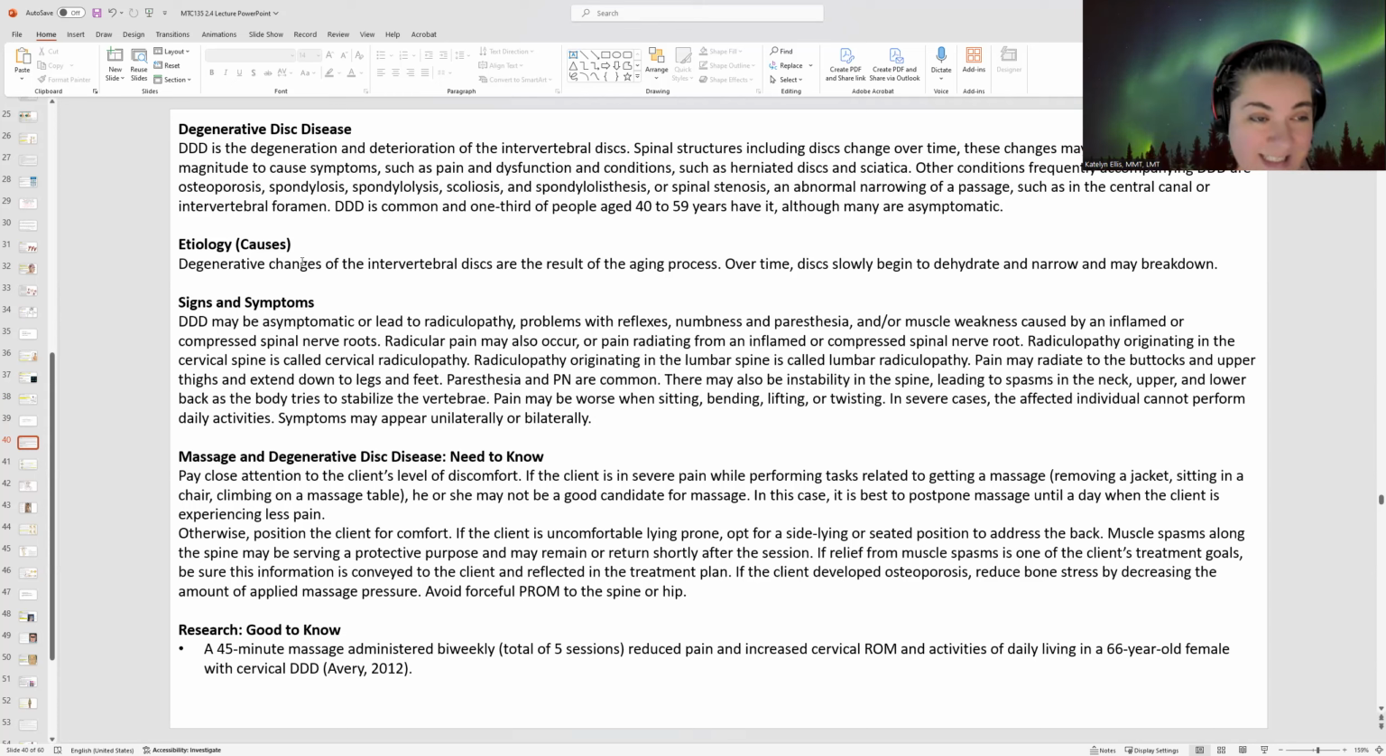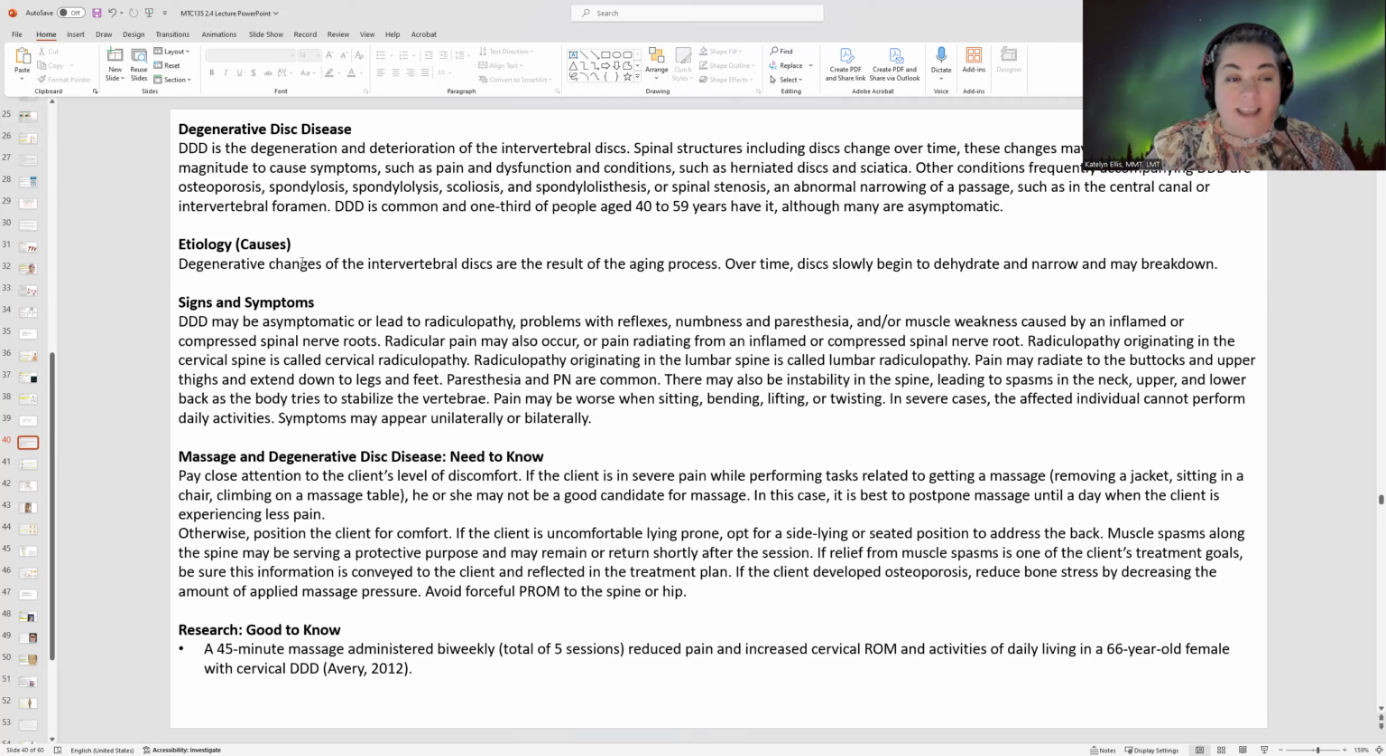Degenerative disc disease is degeneration and deterioration of the intervertebral discs. All right, we're talking about those spongy donuts in between your vertebrae in your spine. Changes occur to these over time, causing pain and dysfunction. They can herniate, they could bulge out, they can cause things like sciatica. You can have osteoporosis causing issues in the spine,